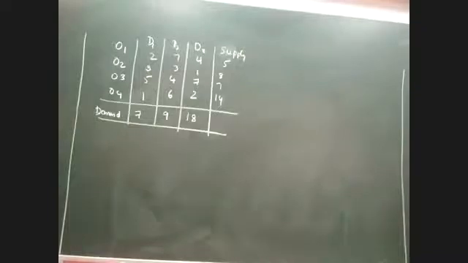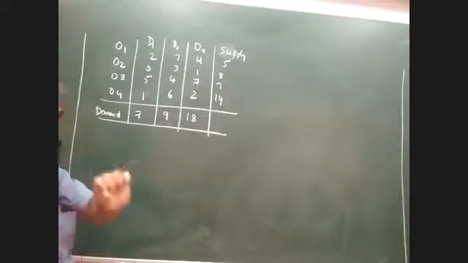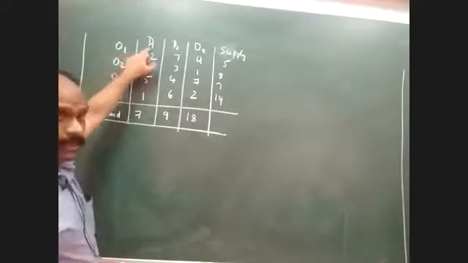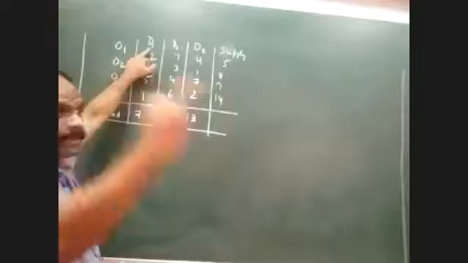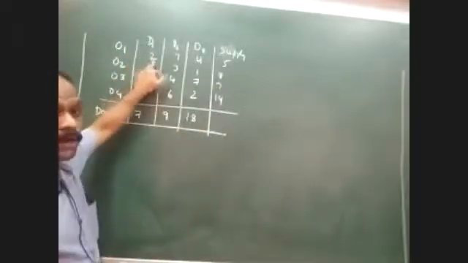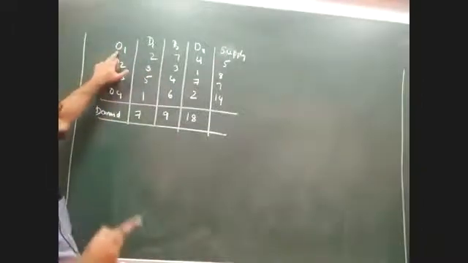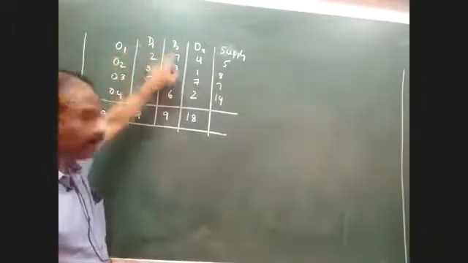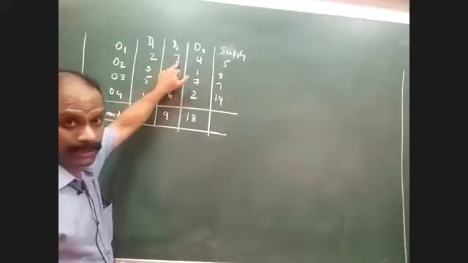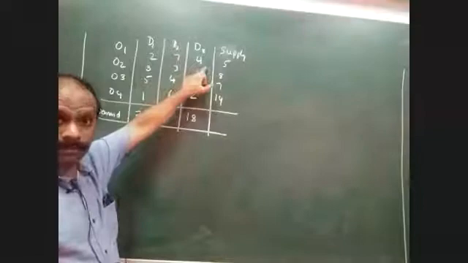Now, against each O and D, there are different numbers written. What do you understand from these numbers? Please understand this clearly. Suppose I am transporting a consignment from O1 to D1. For every single unit of product I transport, I incur a cost of 2 rupees. Similarly, if I am transporting a consignment from O1 to D2, for every unit the cost is 7 rupees. O1 to D3, the cost is 4 rupees. It means all possibilities are given clearly in the matrix.